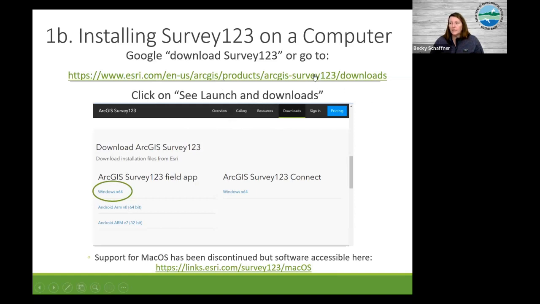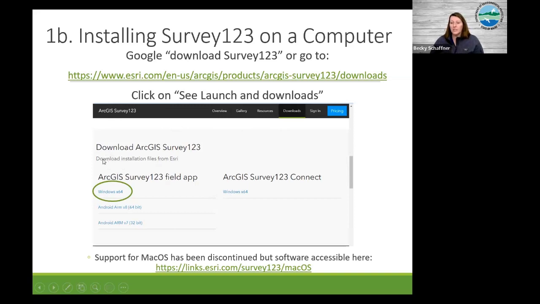So you can click on the link in this slide, and that will take you to the ArcGIS Survey123 webpage. They've changed it recently, so I'm not sure that this click on See Launch and Downloads is still available. It may not. Either way, all you need to do is scroll down about 2/3 of the way down the